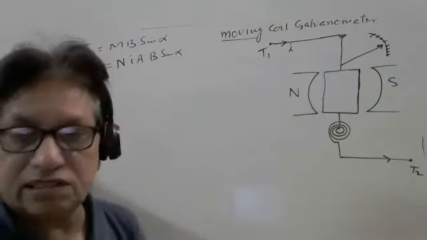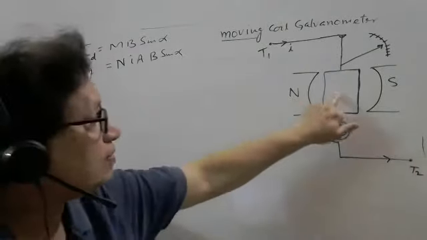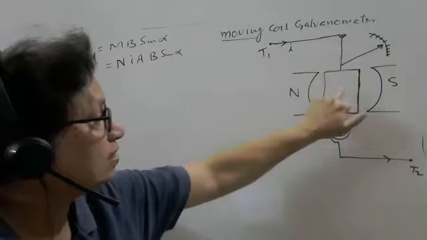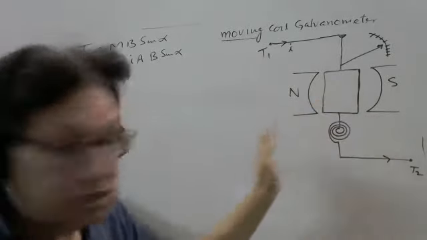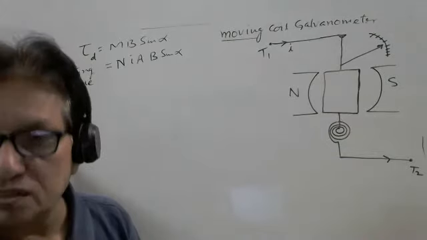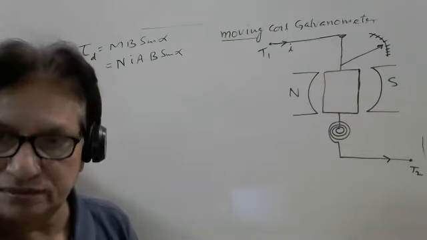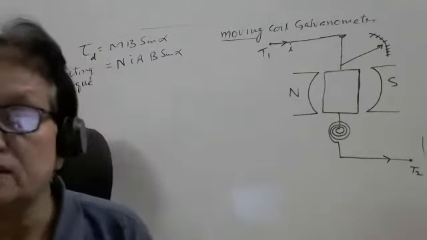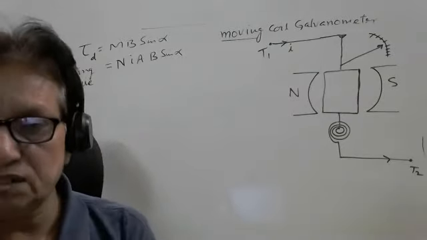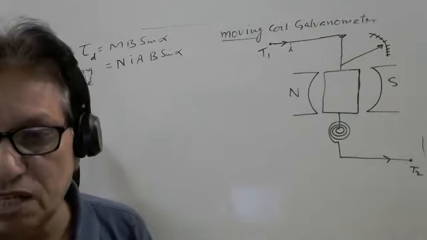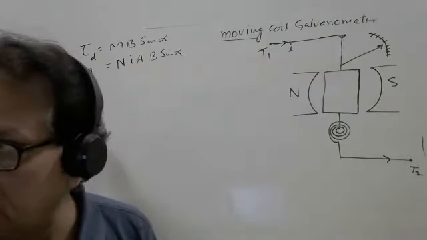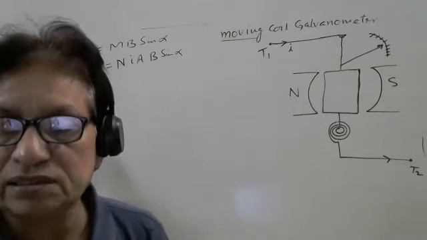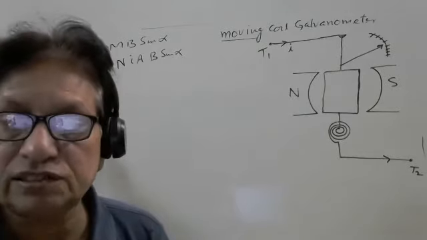Now, what is the principle of this galvanometer? Definitely, the principle is here. Whenever current is flowing through this coil placed in between the magnetic field, torque develops. It gives you deflection. Got it? What was the principle? Just write down, whenever current is flowing through the coil placed in external magnetic field, torque develops. Because of this, it rotates. This way we can measure the current flowing through this meter.